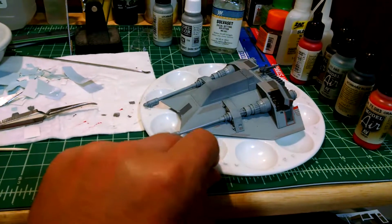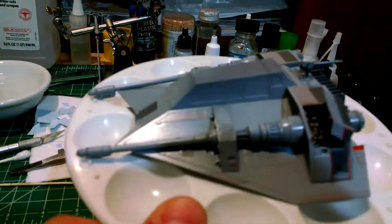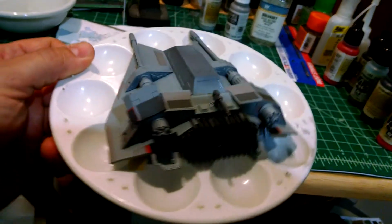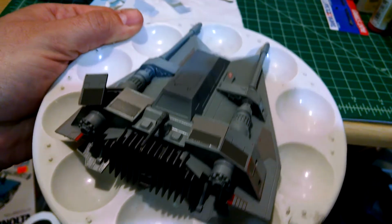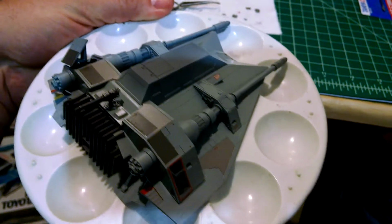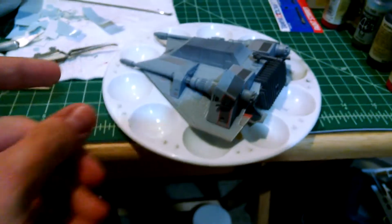Snowspeeder, I just finished putting the decals on it, or all of the decals that I'm going to use anyways. I'm not using 100% of them just because I didn't really care for some of them. The only ones that I had an issue with...